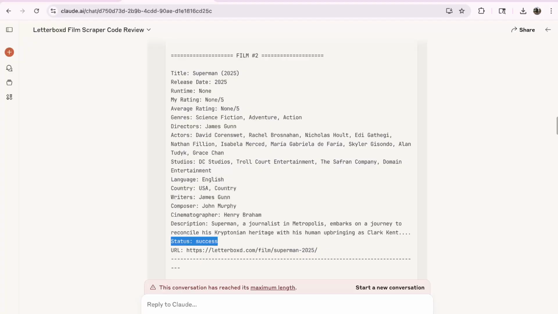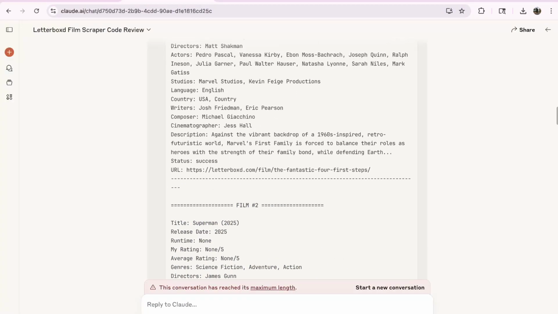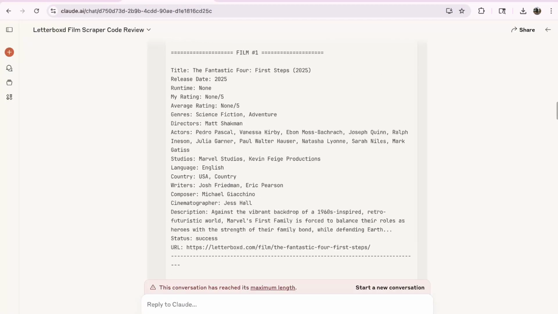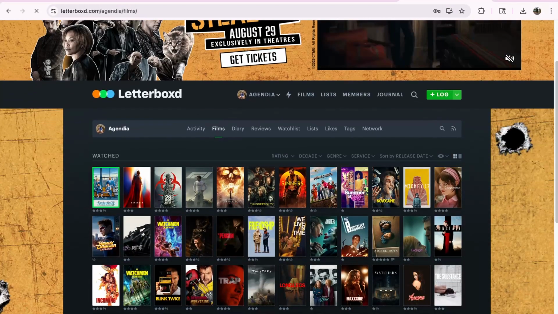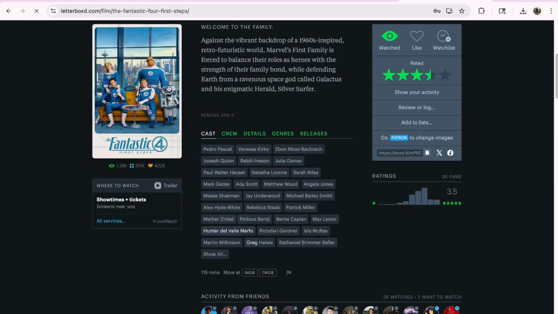But yeah, I had to add the runtime, which wasn't too bad. And then I had to get rid of my rating in general because it just wasn't working, and the average rating took a bit longer. And my theory as to why it took a bit longer is because everything that I needed